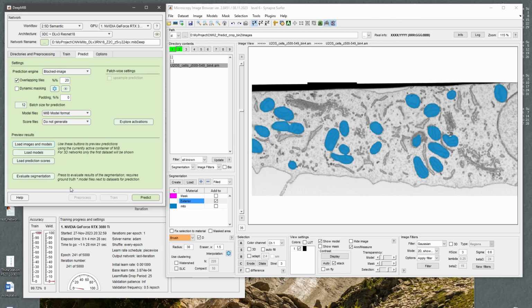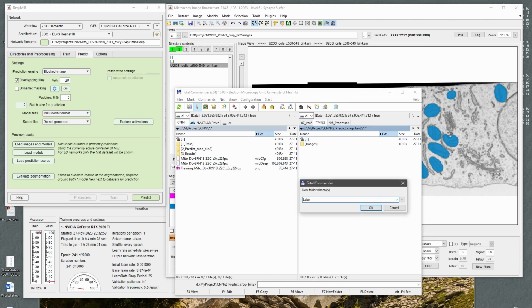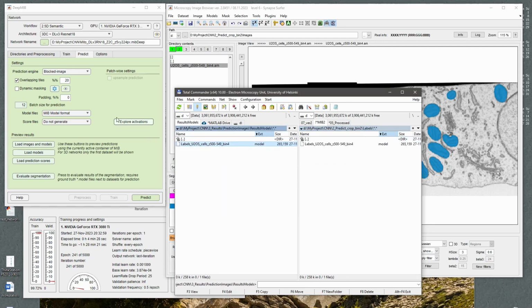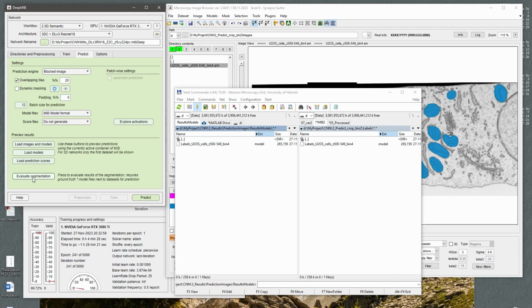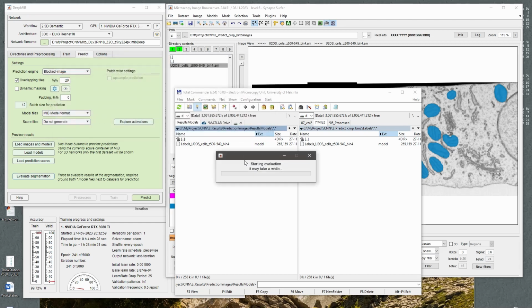We can evaluate segmentation. For example, if I copy this model that we generated into the labels under the directory where I have images for prediction, then I can use the evaluate segmentation options to compare the results that we generated versus the result that should be. Now it's a perfect match because I actually copied the same data set. But